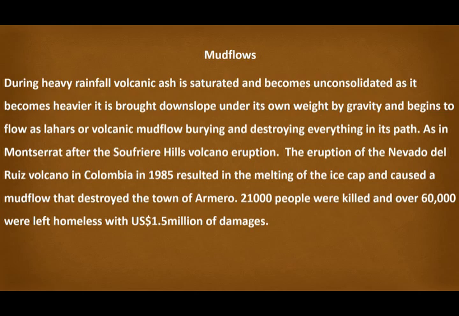If it's a case where you have heavy rains falling, all that unconsolidated ash will rush down the slope as well and will create a lot of damage. Just the same thing happened in Montserrat, when the Soufriere Hills volcano erupted, and you also have it happening in South America, Colombia to be precise, where the town of Armero was totally obliterated by a mud flow. Now, a volcanic mud flow is what you call a lahar.